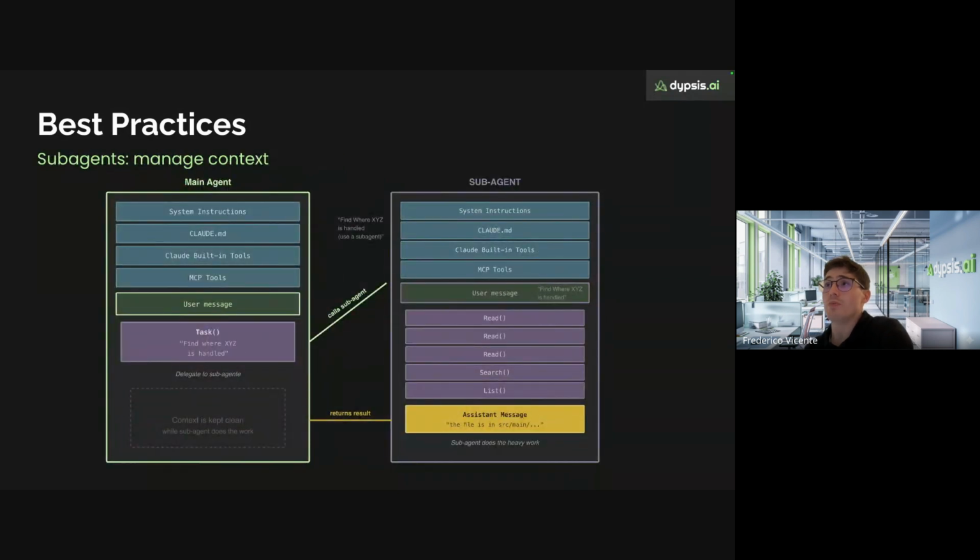And you should really make good use of subagents. As I told you, they are a good way to parallelize tasks and to manage context well, because subagents work with their own context, and they can be called in a parallelized way. So, for instance, if you imagine that you want to read some part of the repo